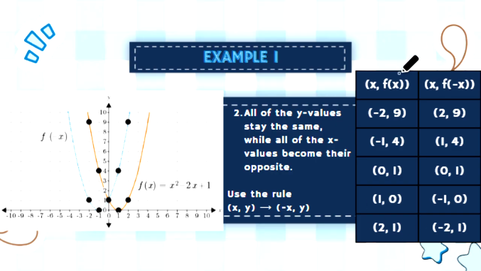And here is the table to show you. So f of x, which is the original one, which is the orange, these are all of the coordinate points that you have. And then for our translation, which is the blue one, you can see it goes from -29 to +29, -14 to 14, and (0, 1) stays the same because that's our y-intercept and it always stays the same. (1, 0) becomes (-1, 0), (2, 1) becomes